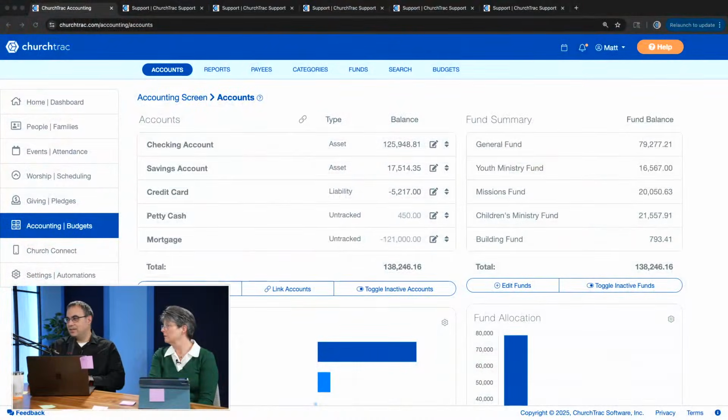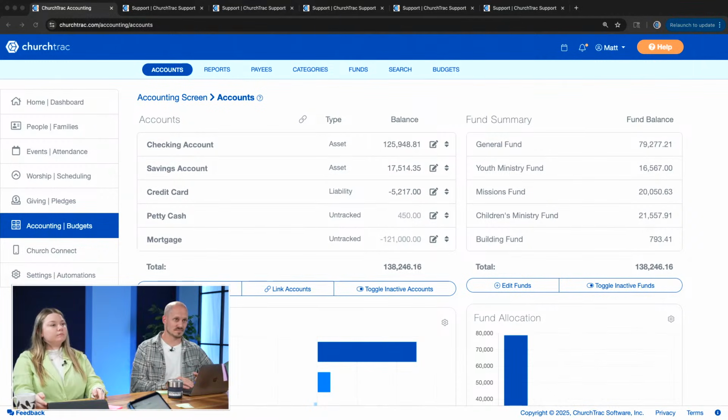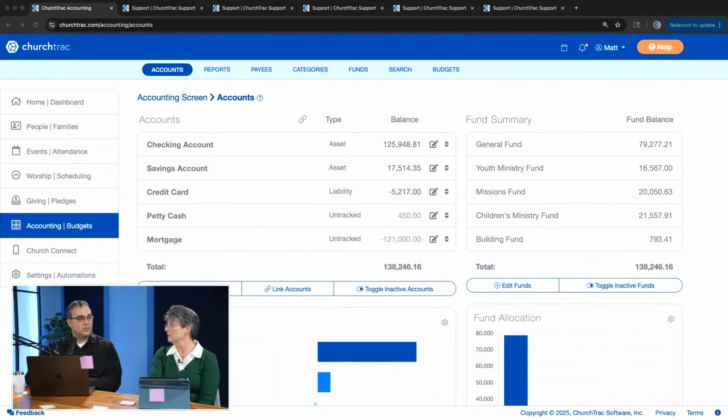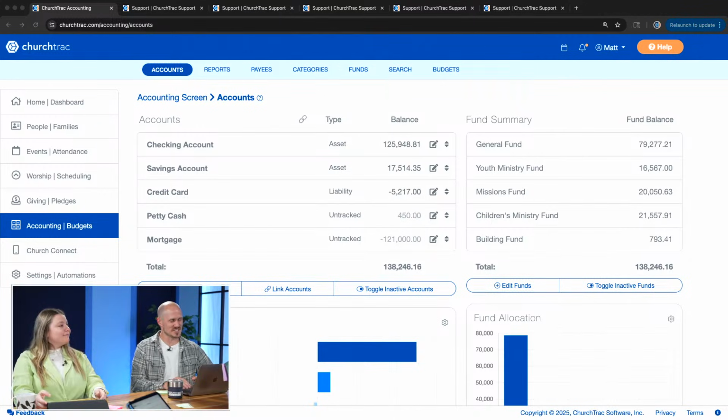Right, so it takes it off your balance sheet, it takes it out of your bottom line so that you don't have to see that every time you're looking at your numbers. And so it just takes it off the books to where you can still track it, but it's not in your balances. Nice. It also does not impact your budget, unless you somehow are tracking for the mortgage principal in the budget. But it's not going to show up on the budget otherwise.